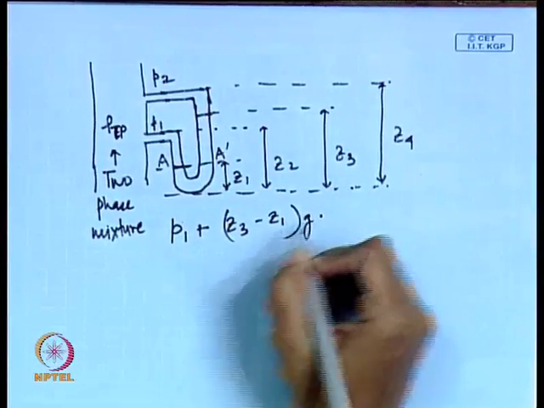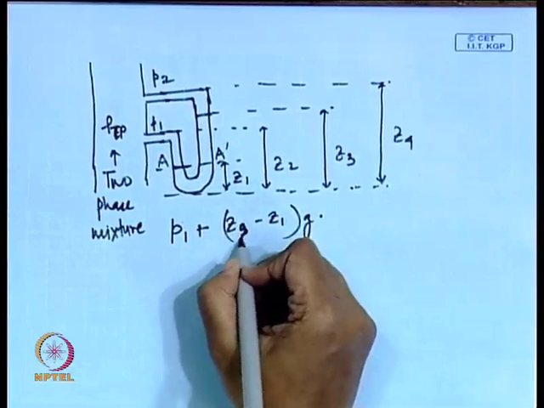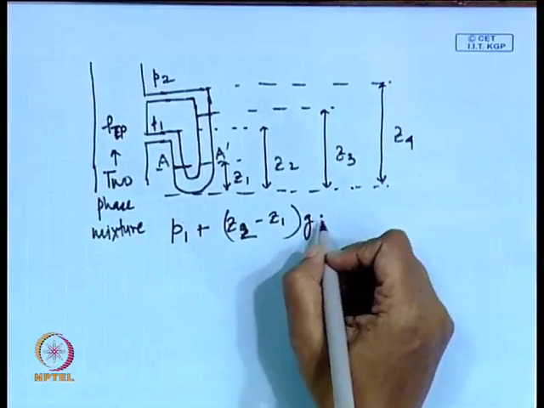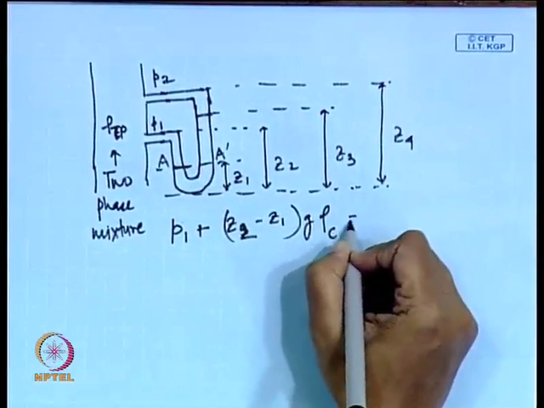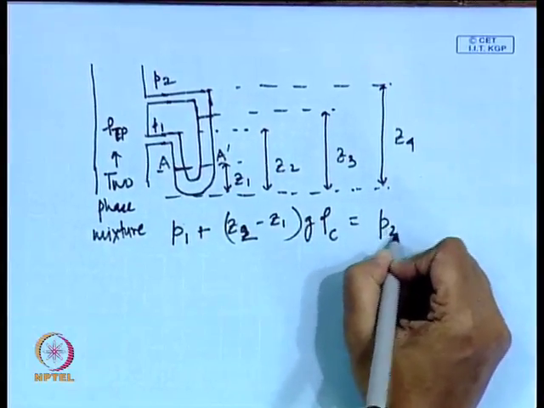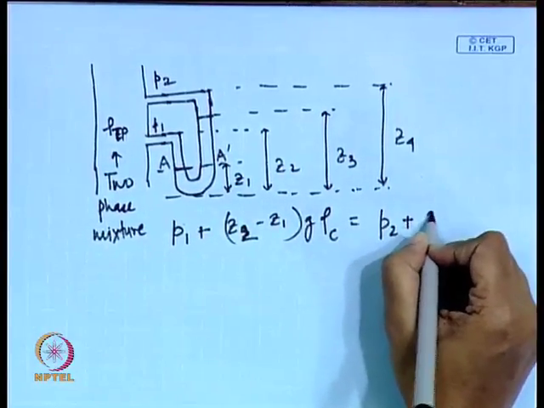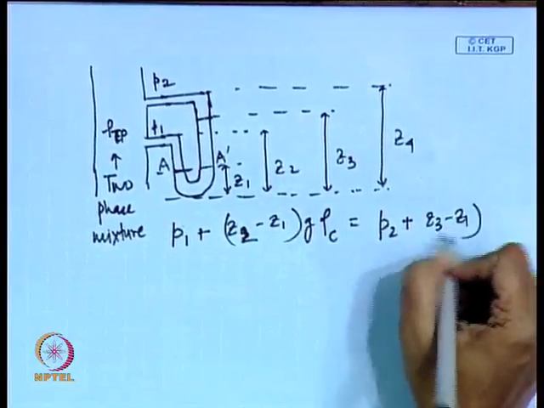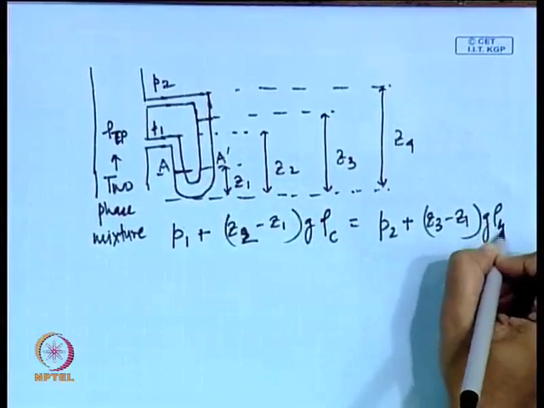This is equal to P 2 plus Z 3 minus Z 1 G rho M, okay,